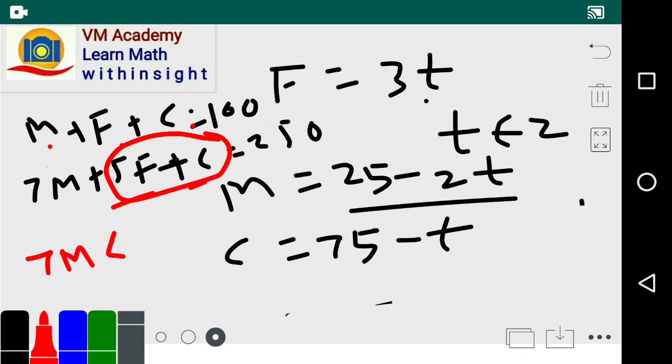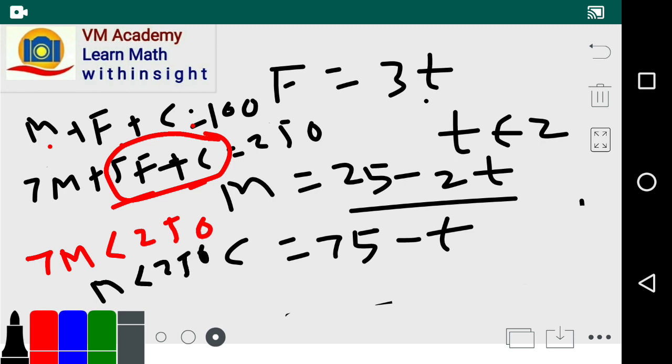So 7m must be less than or equal to 250, meaning m is less than 250 divided by 7, and we get